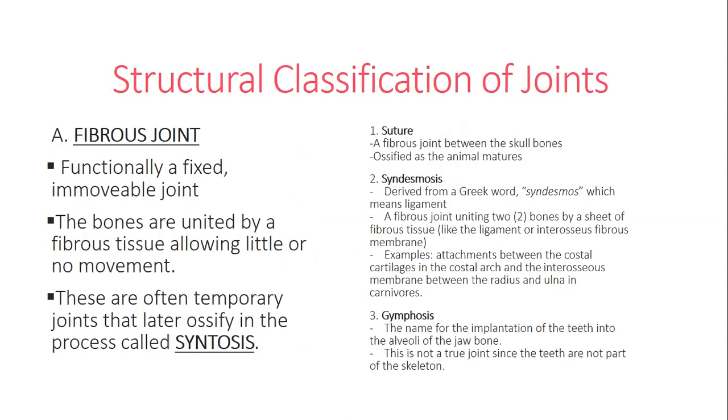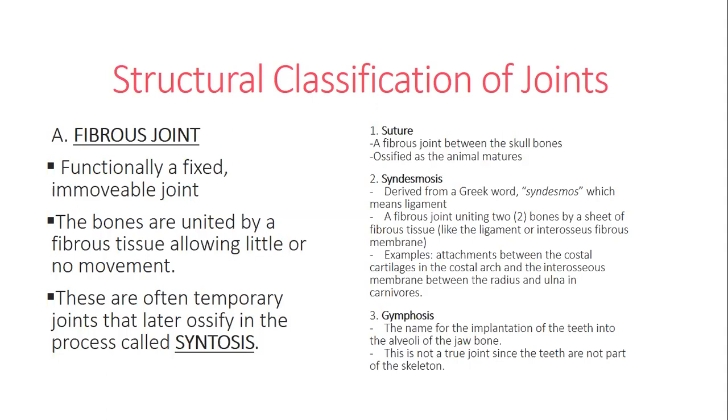The second classification of joints is the structure. First, we have the fibrous joint, which is functionally a fixed, immovable joint. The bones are united by fibrous tissue allowing little or no movement, and these are often temporary joints that would later ossify in a process called synostosis. Examples of this structural classification of fibrous joints are the sutures,